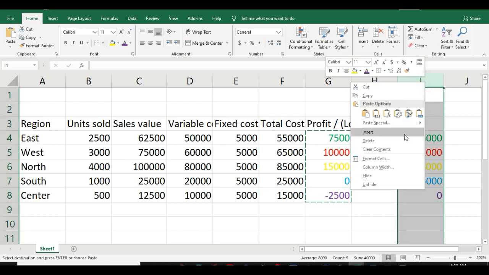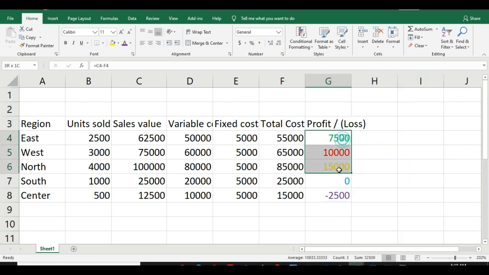Let me delete this, and let me make this. By the way, do you know this function? If not, let me tell you. You want to have the same format here. Either you have to go to format and this and that, but the shortcut is that you come here, you press this format painter or brush, we call it. You put your brush here. All the format will be same what you have there.